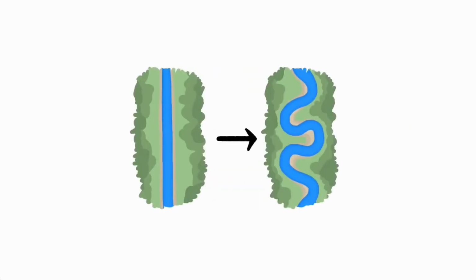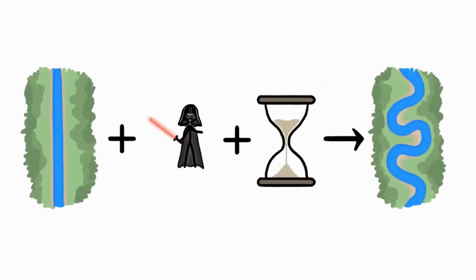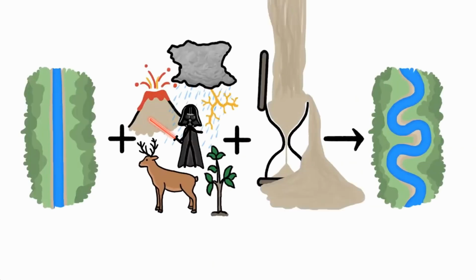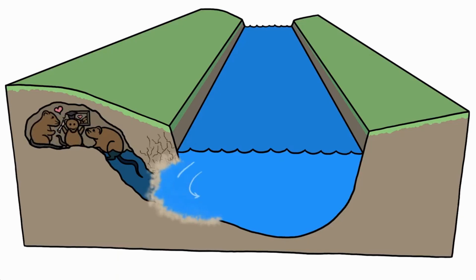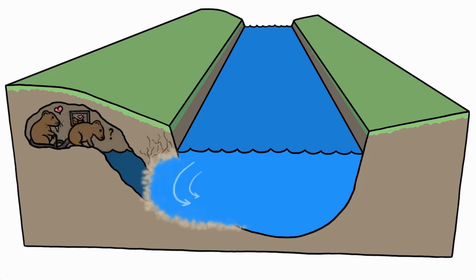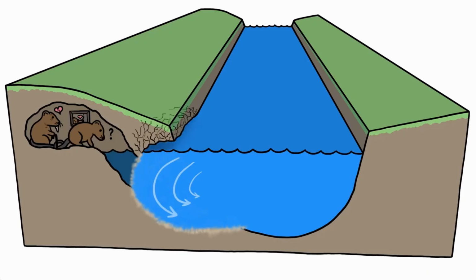All it takes to turn a straight stretch of river into a bendy one is a little disturbance and a lot of time. And in nature, there's plenty of both. Say, for example, that a muskrat burrows herself a den in one bank of a stream. Her tunnels make for a cozy home, but they also weaken the bank, which eventually begins to crumble and slump into the stream. Water rushes into the newly formed hollow, sweeping away loose dirt and making the hollow even hollower, which lets the water rush a little faster and sweep away a little more dirt, and so on and so